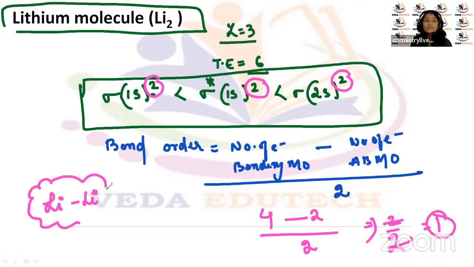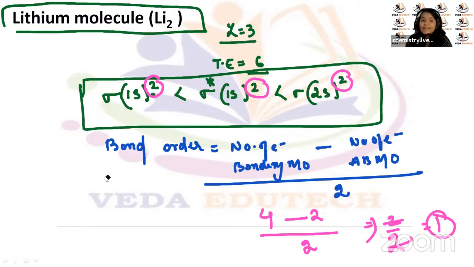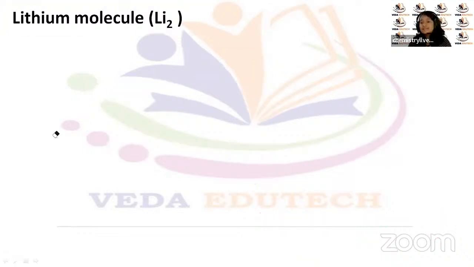इसीलिए लिथियम जब बॉन्ड बनाएगा तो लिथियम कुछ इस तरह का बॉन्ड बनाएगा, ठीक है। ऐसा तो लिथियम मेटल है, वो जनरली आयनिक बॉन्ड करना प्रेफर करता है, पर इसका जो बॉन्ड ऑर्डर तुम लोग निकालोगे तो 1 आएगा, ठीक है। तो बाकी जो सब कुछ है हम लोग नेक्स्ट क्लास में डिस्कस करेंगे।